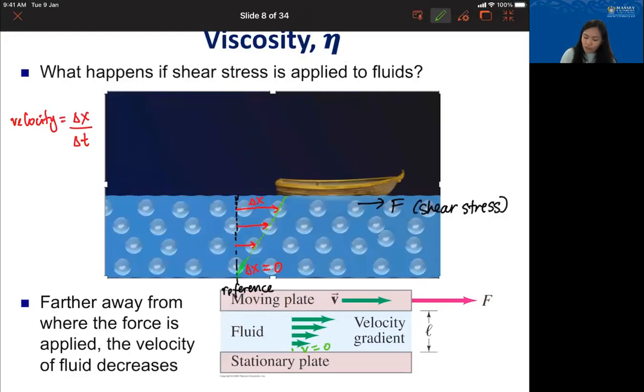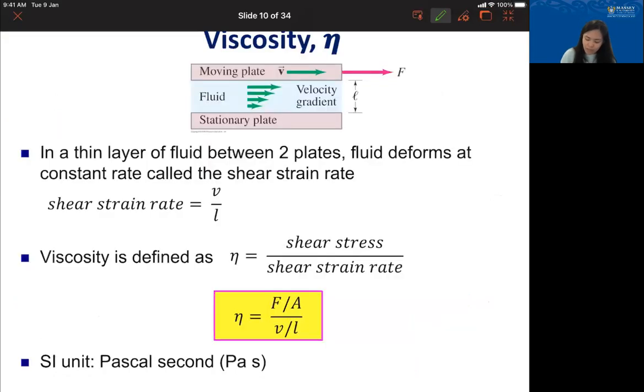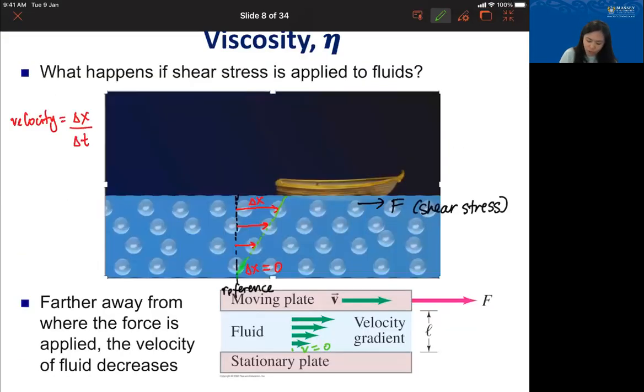when you apply a shear force on the fluid, it will also deform in this manner, and the deformation is represented by the displacement of the individual water or fluid molecules. That deformation is related to the velocity of the movement of the fluids, because displacement is related to velocity by dividing it by time. So if we